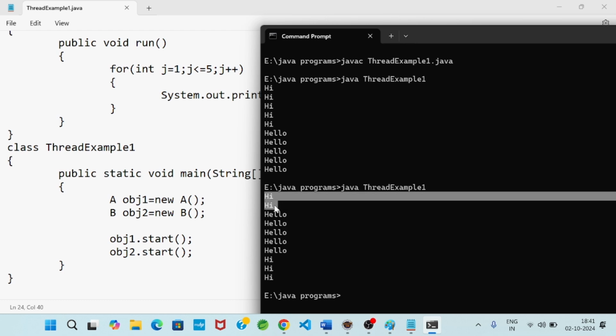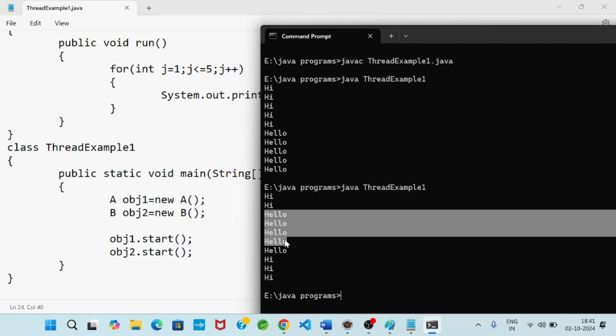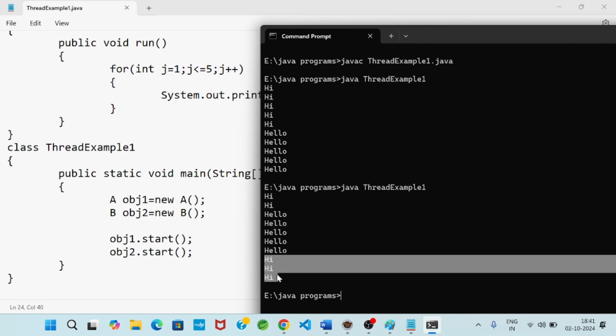That means thread A executed, after two iterations control switched over to B thread, and after B thread execution, control came back to A thread. So in which order the output comes, we cannot guarantee, because multi-threading execution happens through context switching.